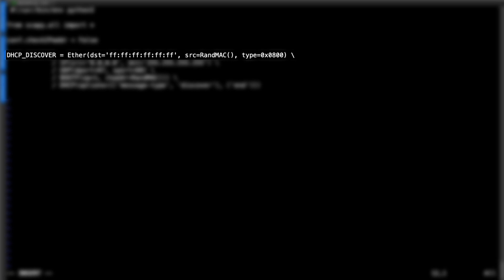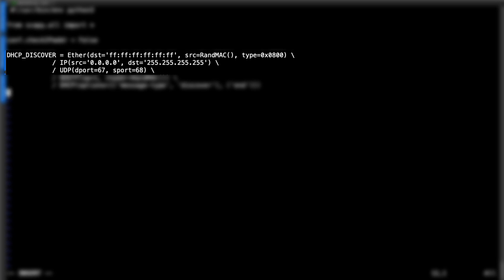We're generating a random MAC address. Again, that function is coming from Scapy, and we're making sure this is being set up for IP version 4. Our IP is going to be the source address 0.0.0.0, and we're setting up our destination broadcast address. So we've got the two layers here: our network address and our hardware address.